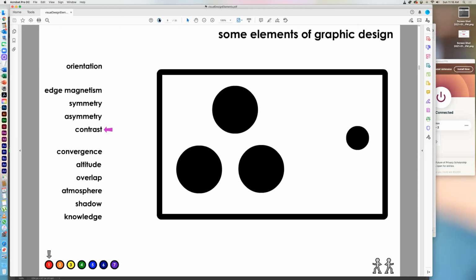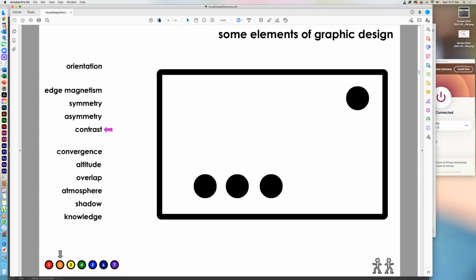So why is it smaller? Why, that attracts our attention. Okay, there can be contrast of position. 4 circles, all the same, one in a completely different position, the other 3 in line. So we end up bouncing back and forth. So that contrast of position draws us to